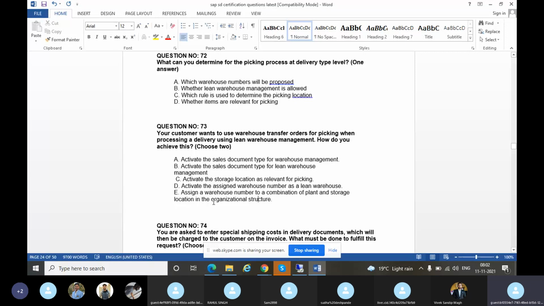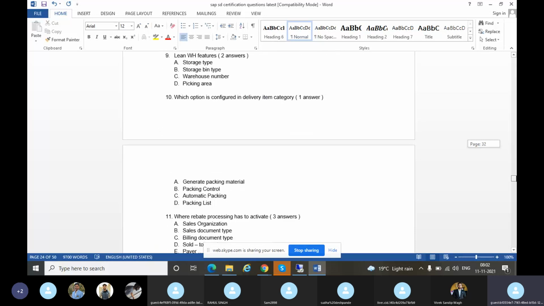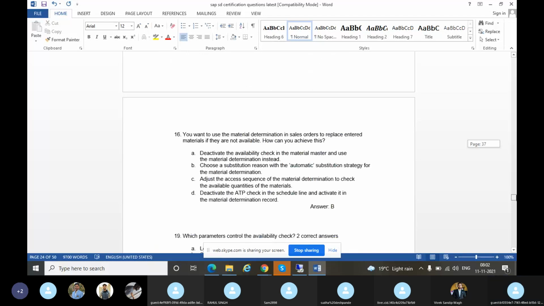Okay, this is one question they will ask, a 2-mark question. Another is a 1-mark question. Both are 1-mark questions. That is during output control. I'll tell you one question. See here, there is a transfer of order.